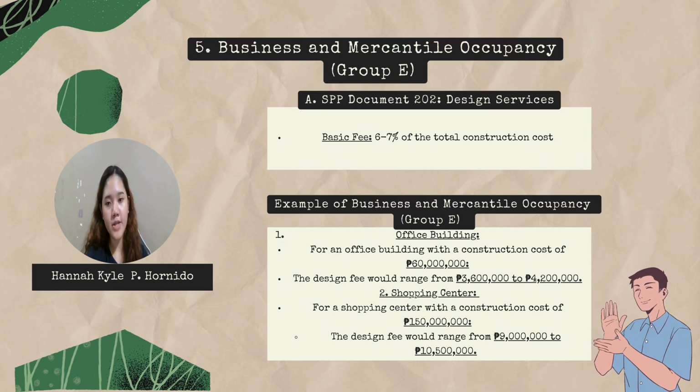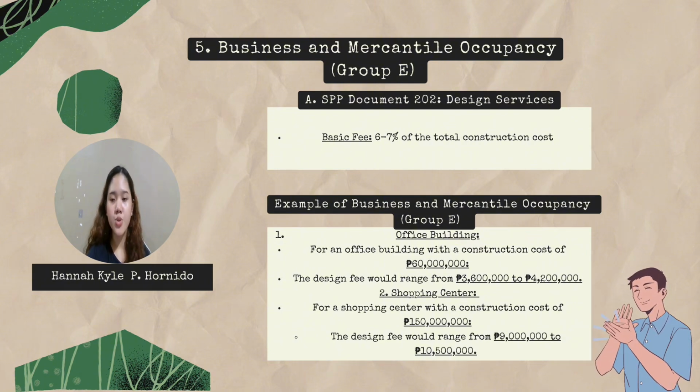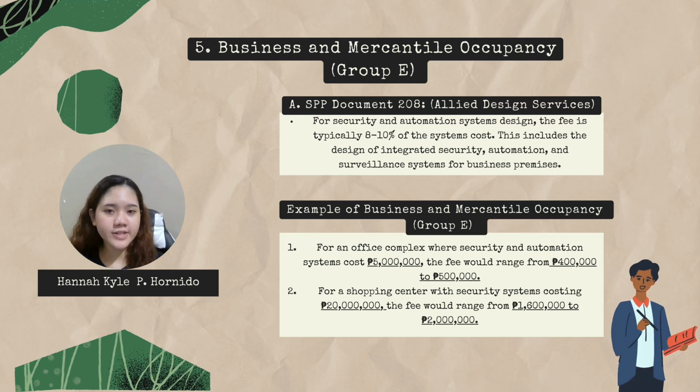For example number 1, for an office building with a construction cost of 60 million pesos, the design fee would range from 3,600,000 pesos to 4,200,000 pesos. Example number 2. For a shopping center costing 150 million pesos, the design fee would be between 9 million pesos and 10,500,000 pesos. The design fee for integrated security, automation, and surveillance systems typically ranges from 8 to 10% of the